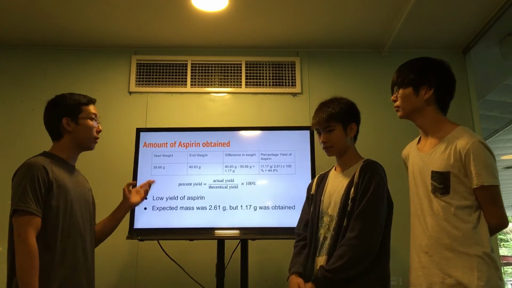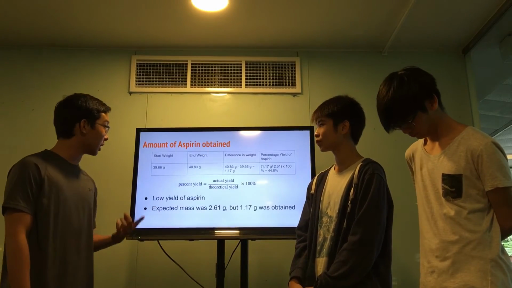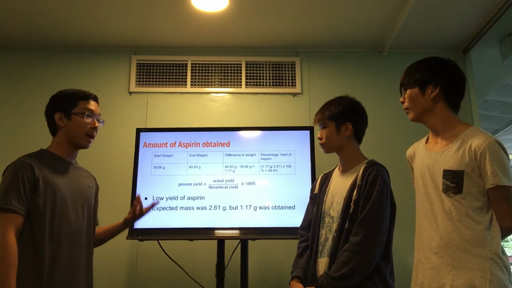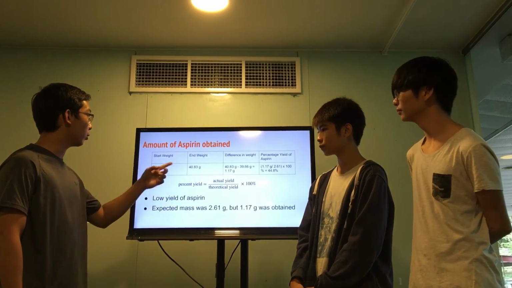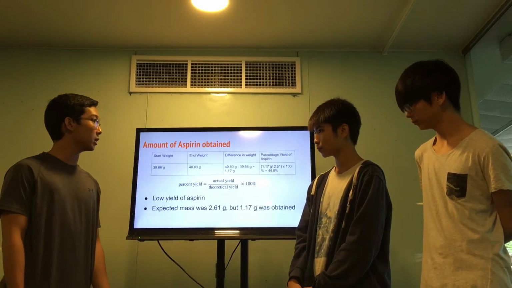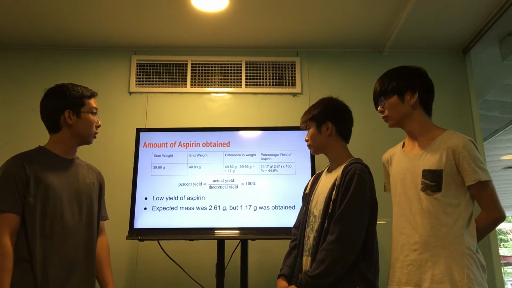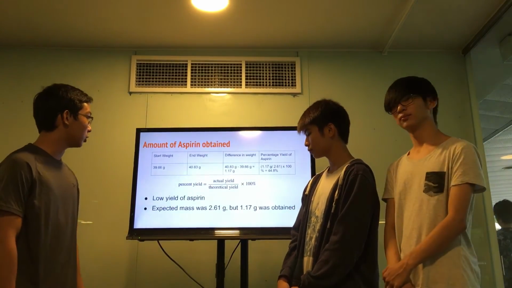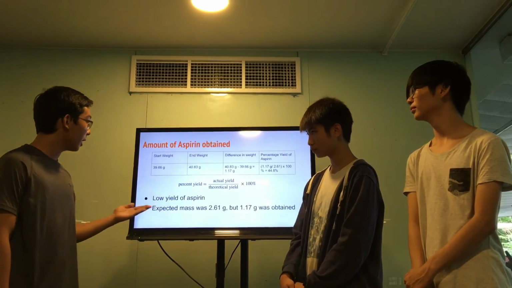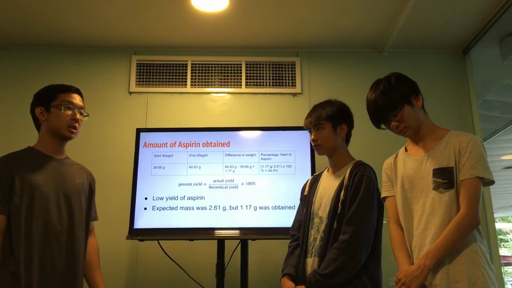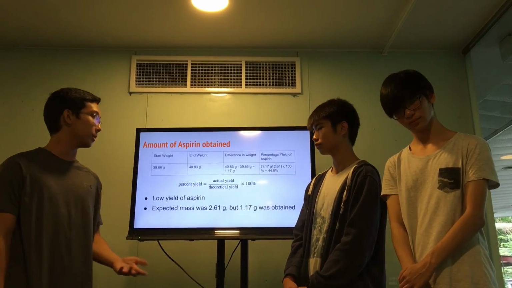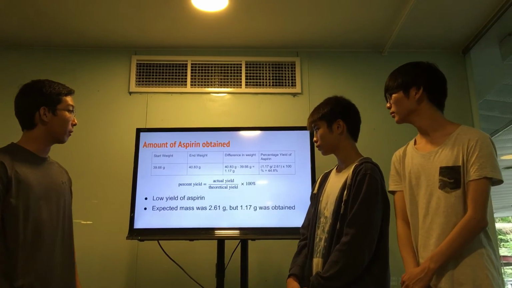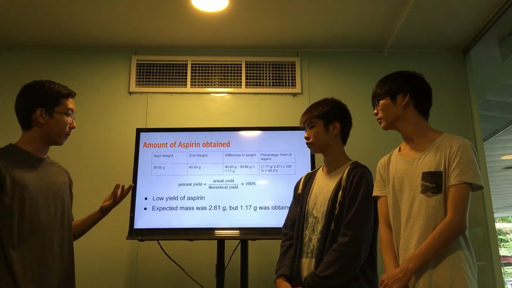Okay, so the start weight is basically the weight of one watch glass and two filter paper, and the end weight will be the watch glass, two filter paper, and the aspirin. By subtracting the end weight and the start weight, we will obtain the weight of the aspirin. For our percentage yield of aspirin, the result obtained was 44.8. The percentage yield was shown here, and 44.8 is quite low as it is expected to be as close as possible to 100, as the expected mass was 2.61 grams, but because it's 44.8%, we only obtained 1.17